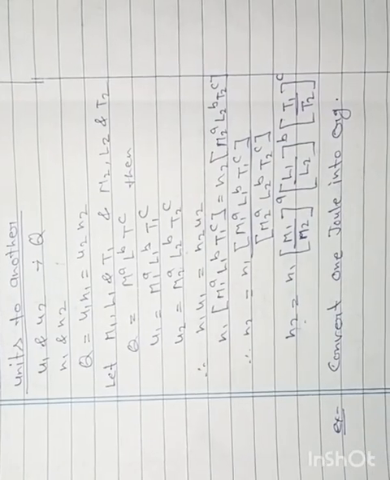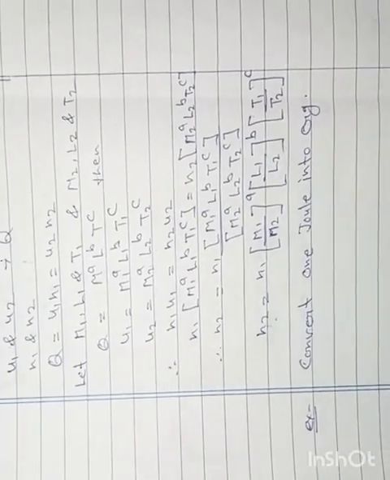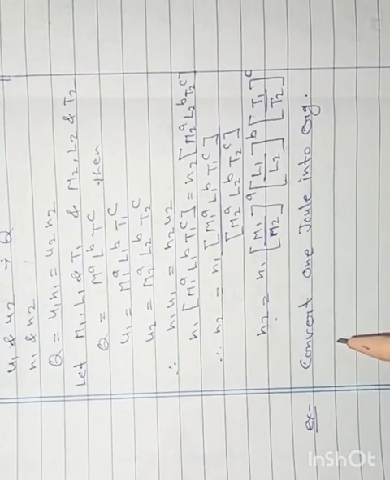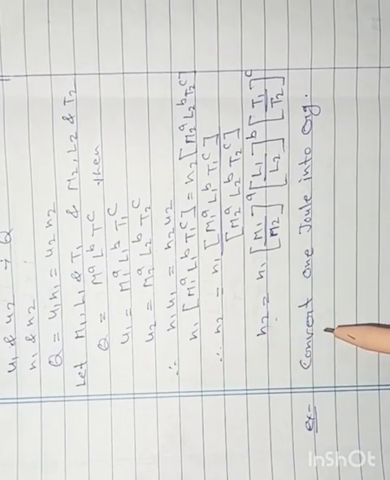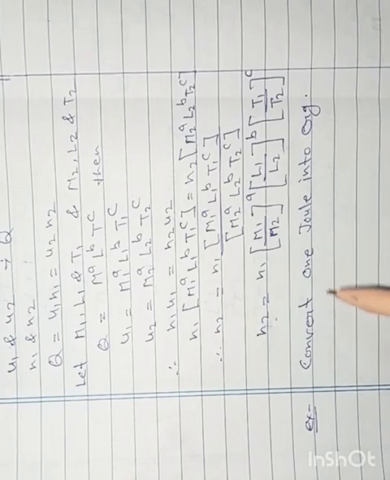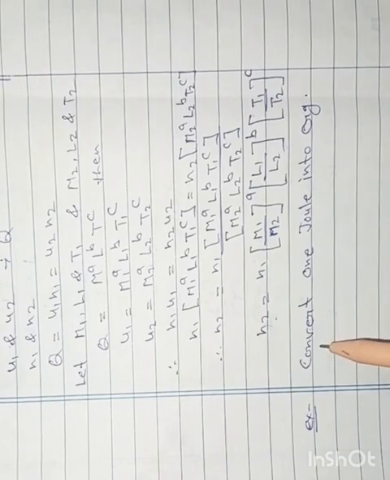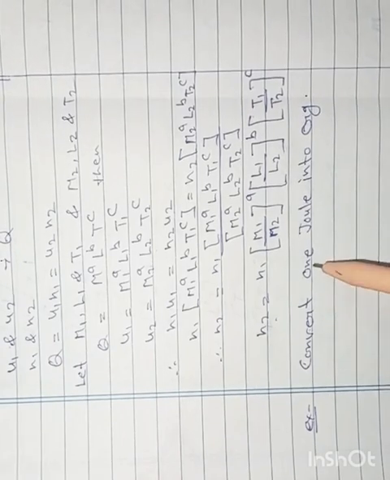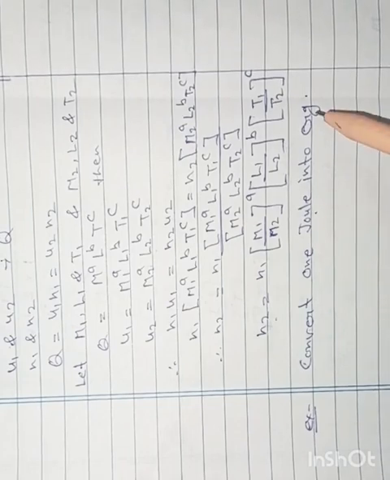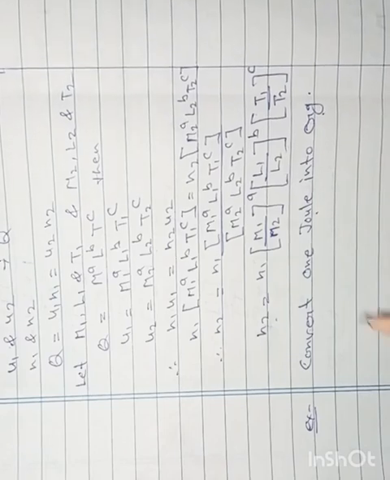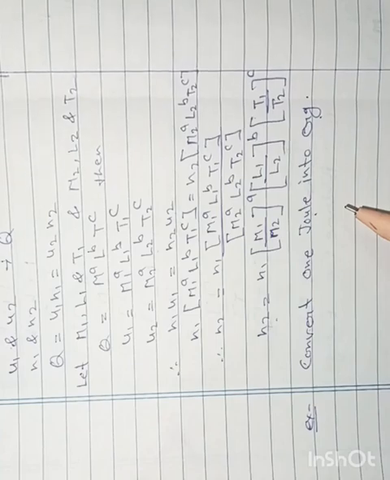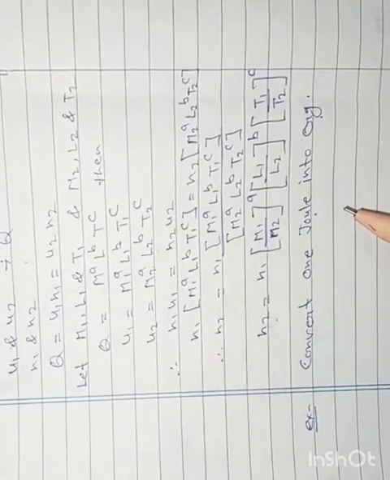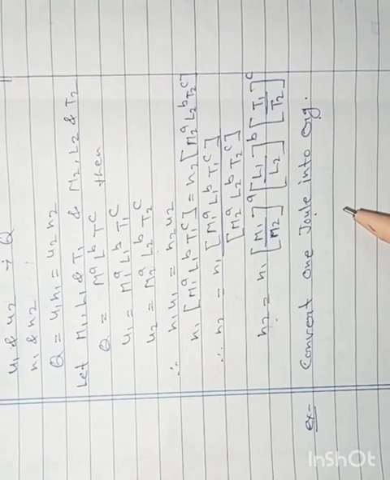now I have taken an example on the basis of this formula in which we can convert one unit to another unit. So by the example we can convert joule into erg. Okay, so we know that joule is the SI unit of energy and erg is also the unit of energy in CGS system,